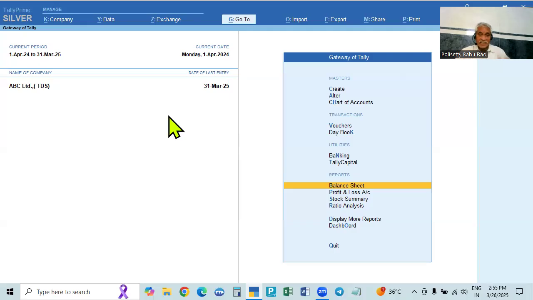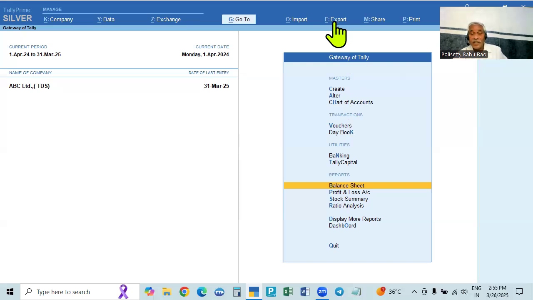This new company is created, and then all the masters along with the balances, with no transactions, that is no profit and loss account, no nominal accounts, all the real account masters will be there. All the masters with balances will be transferred to this company in the next year from 1st April. So on 31st March, everything is completed and all the balances are there. We have to export the balances to a separate file in our computer.